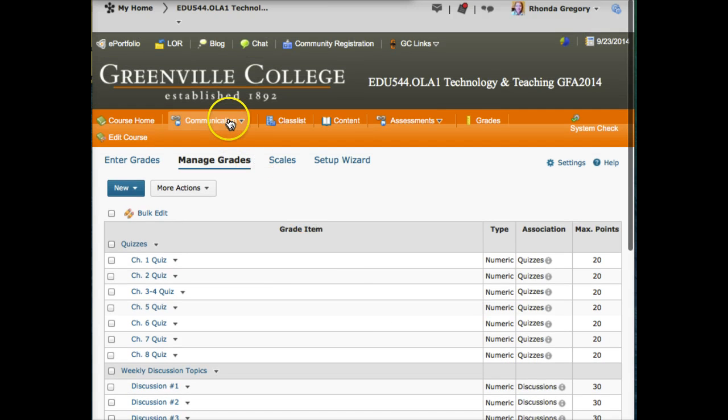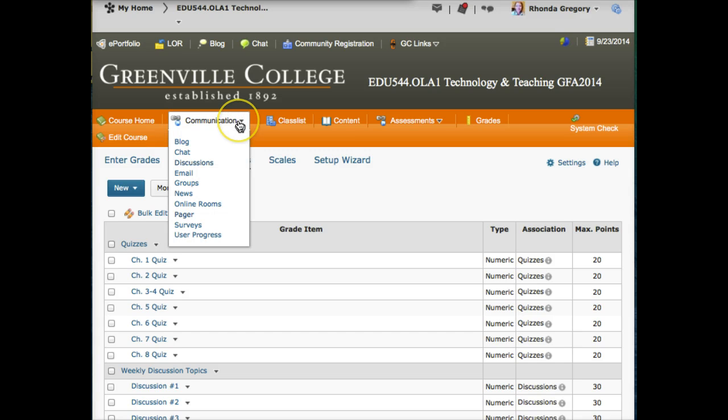Also on D2L, underneath the tab called Communication, click that link Communication in the orange bar, and then you can click on User Progress. And when you click User Progress, that's going to give you another way to view how you're keeping up with things in the class. It will show you the number of content items that are available and which ones that you have accessed.